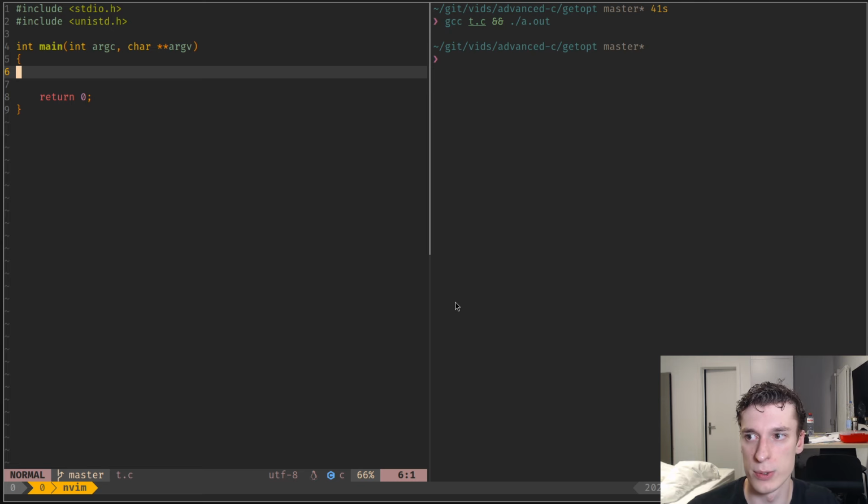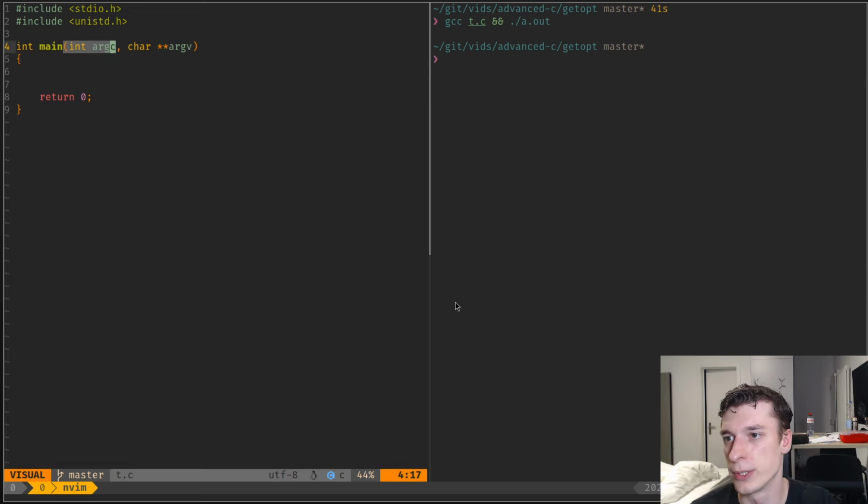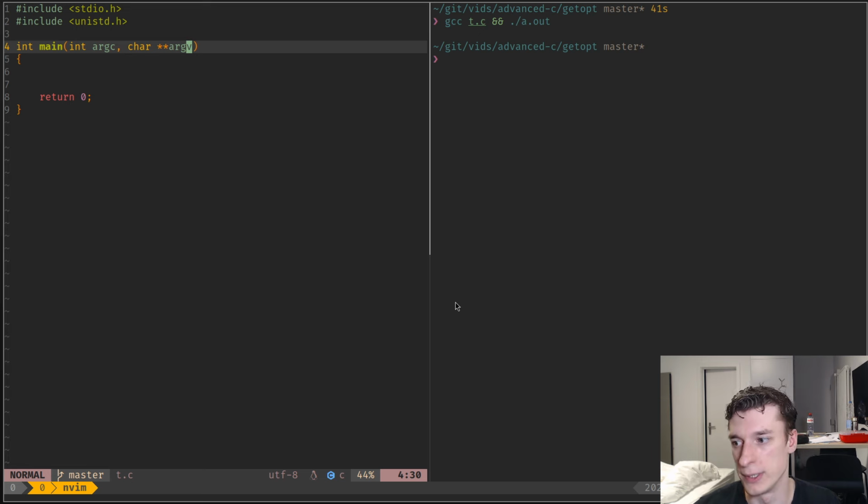Alright, in this one we're gonna see how you can parse command line arguments with C. And of course you probably all already know that you have argc and argv in the main, and you can probably iterate over those and get positional arguments. But maybe your utility you're creating,